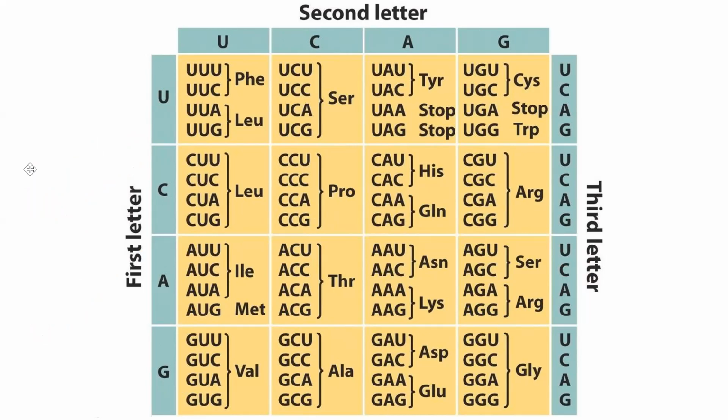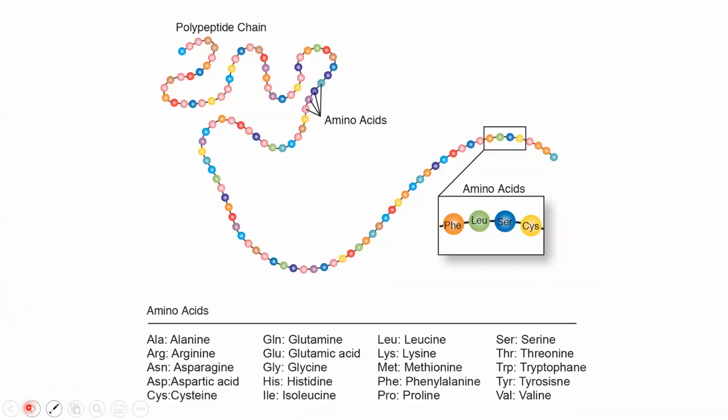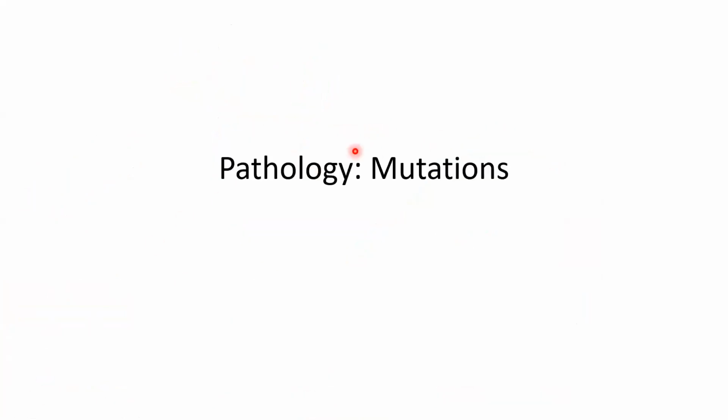Okay. Now let's see what we have next. We're almost done with the topic. So for the translation part, please watch that video. I'm sure it will be much more clear. Okay, and then he's showing us the names for all of these. You guys can just screenshot this or find it on the internet. Look at the amino acids, look at the specific sequences, and then finally we are on pathologies, my favorite part